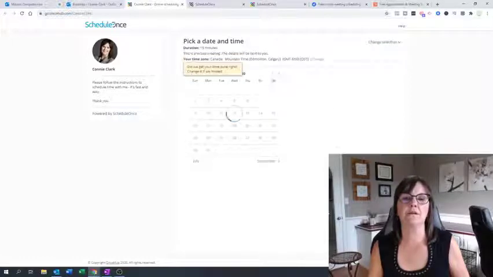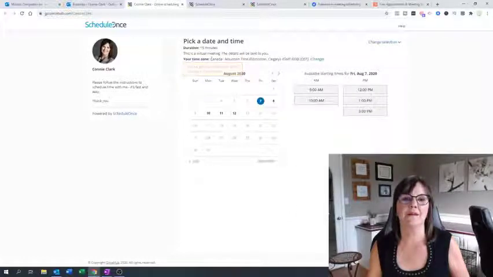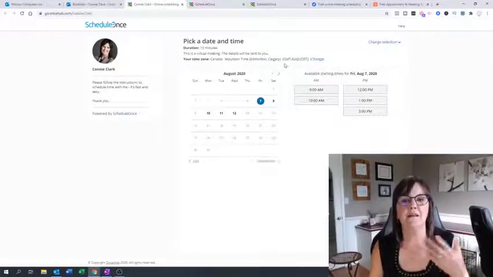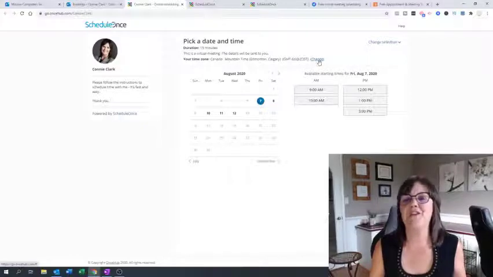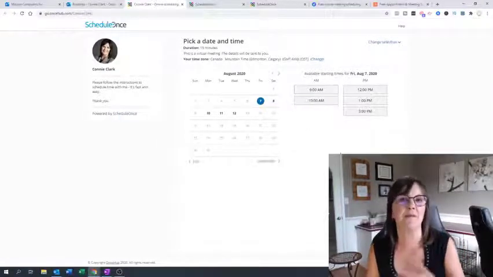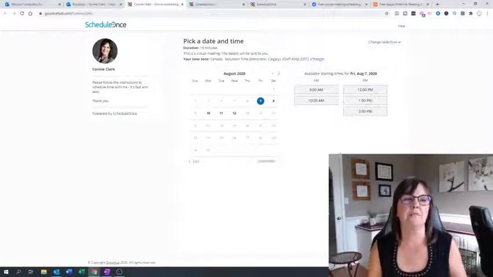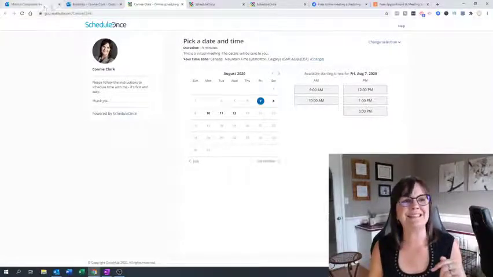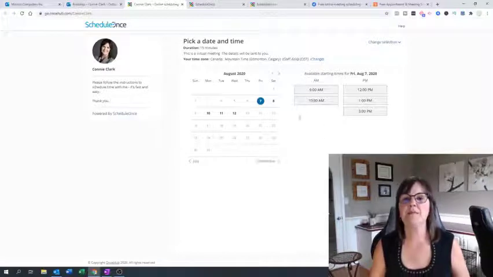So I'm just going to click on it, and it's telling me at the top, by the way, this time zone, so it knows that I'm in Edmonton, because that's where I am, but I could change that time zone to any time zone, and then it will show me the time slots available based on my time zone. Did Bookings have that? It probably did. I'm sorry I didn't show you that part, but yeah, this is kind of neat because it's actually giving you